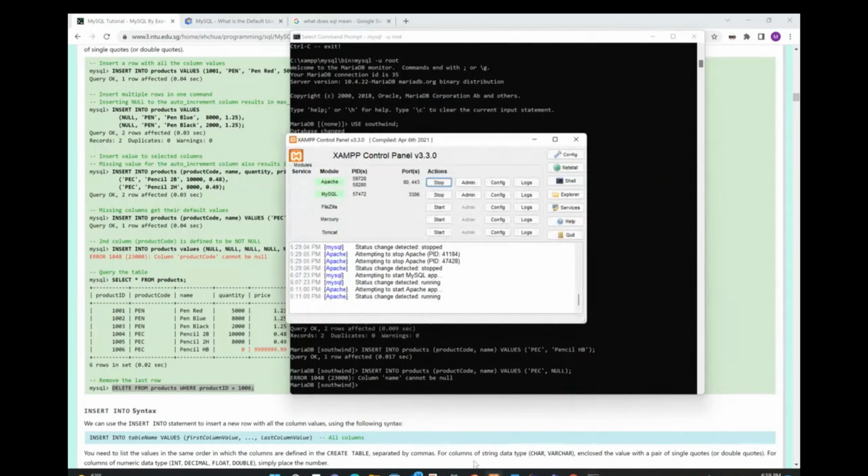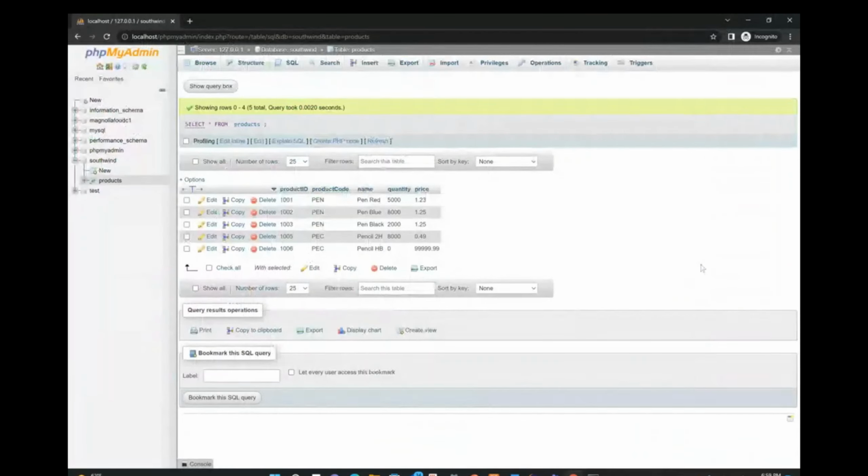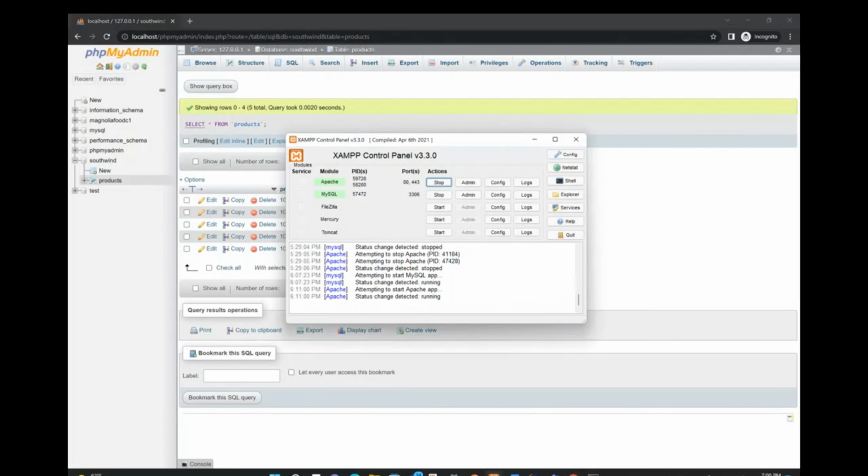The MySQL client already comes when we install XAMPP, and then we learned how to see or visualize all the tables and databases through an interface which is written in PHP, and the address is localhost/phpmyadmin. We have to make sure that both the Apache server and the MySQL server are running, and then